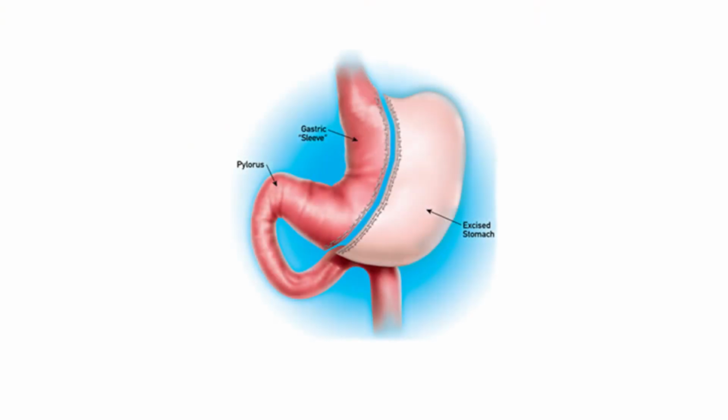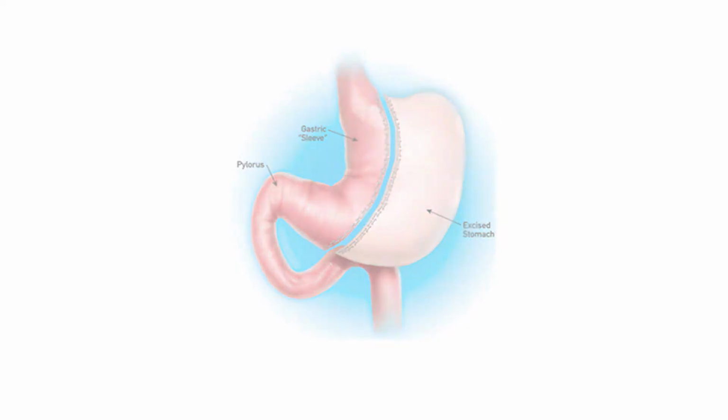The sleeve gastrectomy is currently the most popular procedure in the United States. We take a stapler and remove 75% of the stomach. This excised portion of the stomach is removed completely from the abdominal cavity. You're left with a banana-sized and shaped stomach, which drastically decreases how much you can eat. There is no reorientation of intestine with this procedure. Please pay close attention to this video from our colleagues at Ethicon Endosurgery describing a sleeve gastrectomy.